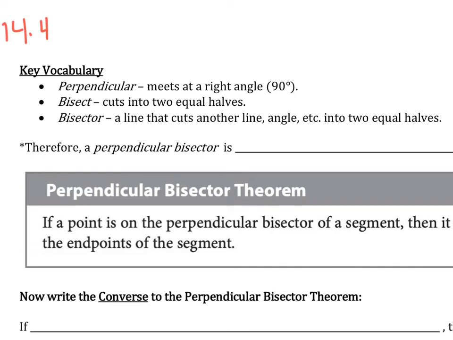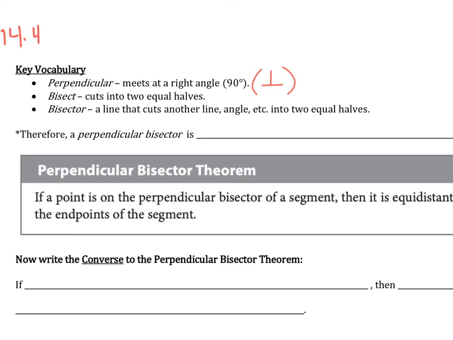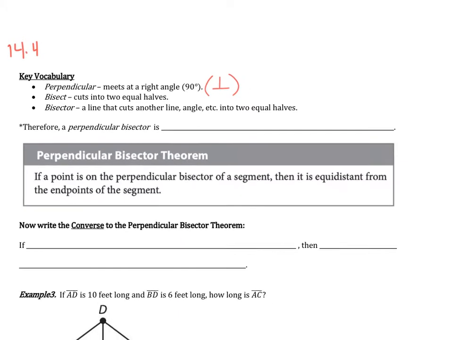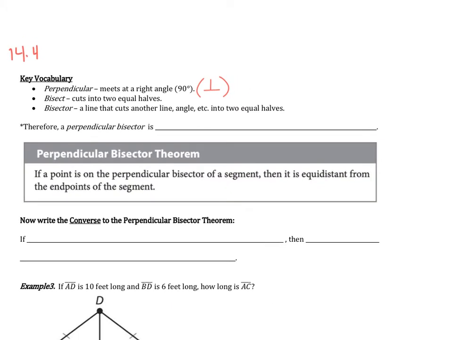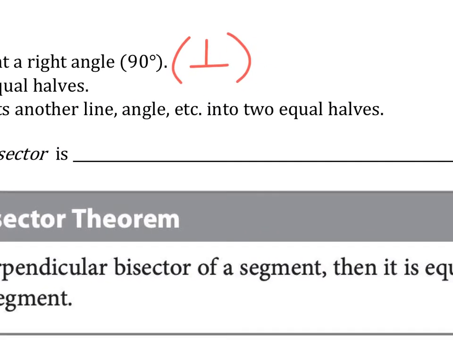For some key vocabulary, you should already be familiar with these, I believe. Perpendicular means that they meet at a right angle. The symbol for that looks like an upside down T. Something that bisects something cuts it into two equal halves, and a bisector is simply a line that cuts another one into two equal halves. So if we combine all of those ideas together, a perpendicular bisector is a line